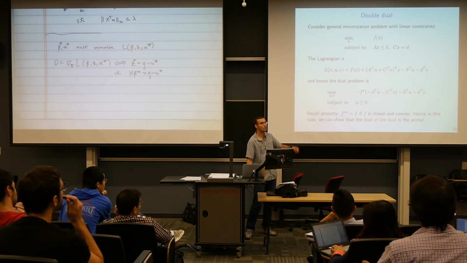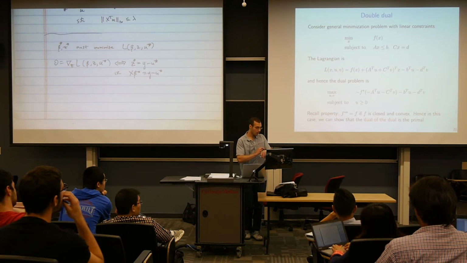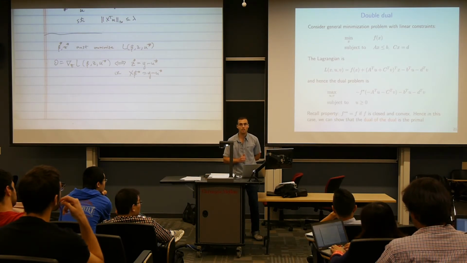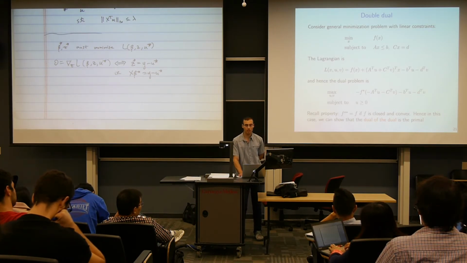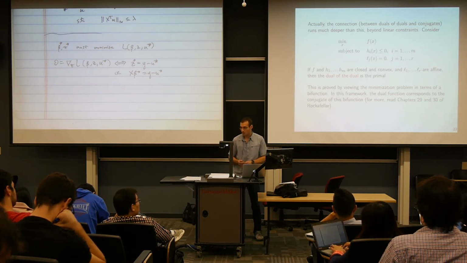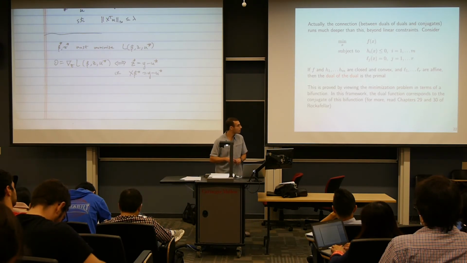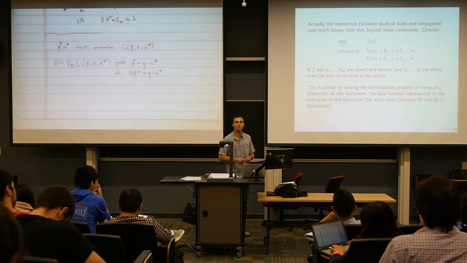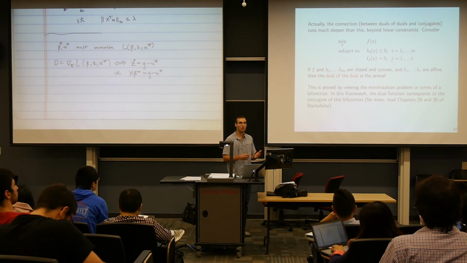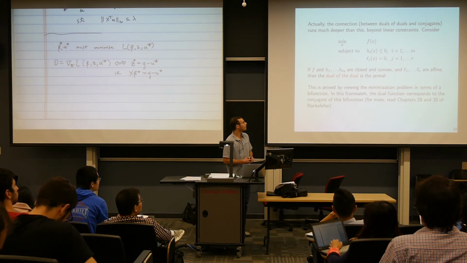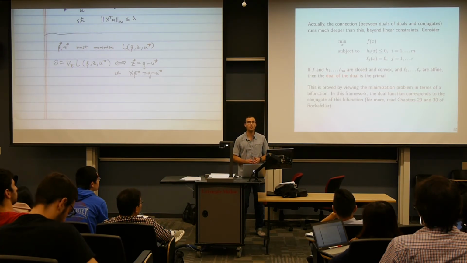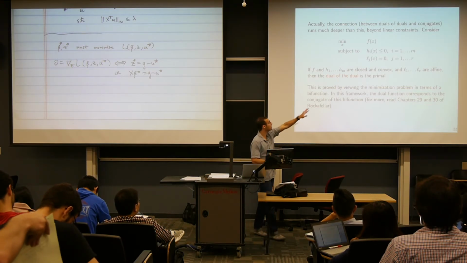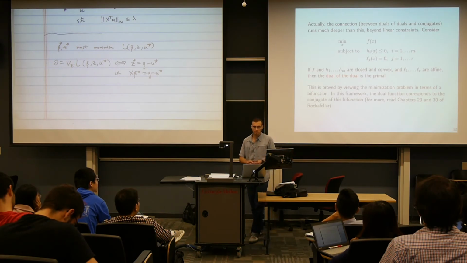Okay, going the other direction. So for this class of problems, we actually do have the fact that the dual of the dual is the primal. What about in general? What if we didn't have linear inequality and equality constraints? That was something I was asked a couple of years ago, and I didn't know the answer. And so this is an example of how the Rockafellar book is very useful. Rockafellar had it on like one line of chapter 29 or something in his book, that it is true that the dual of the dual is the primal, as long as all of these functions that you're looking at are